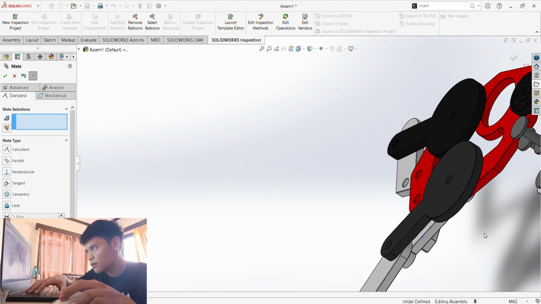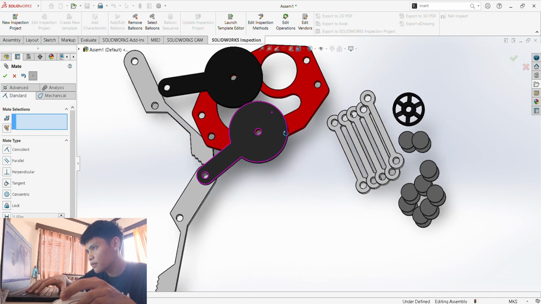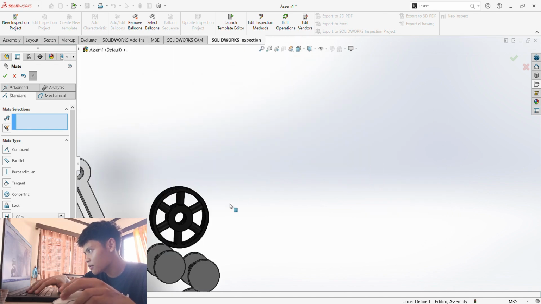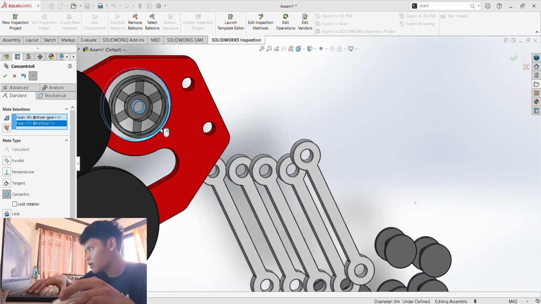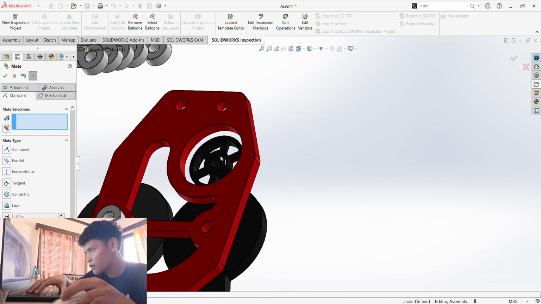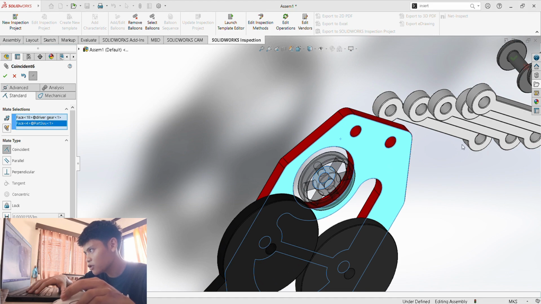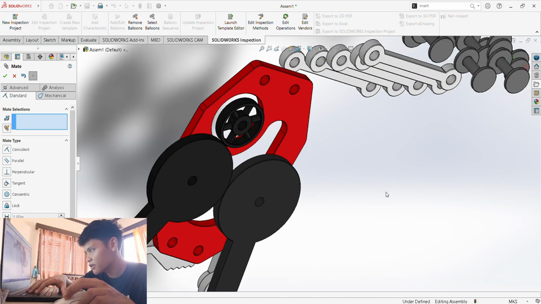And then next we have to make this concentric with this one. So check, and then make this surface right here coincident with the surface right here. Then check. That should be tangent with each other, the driver and the driven gears.